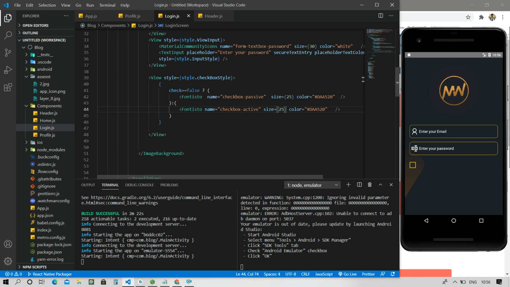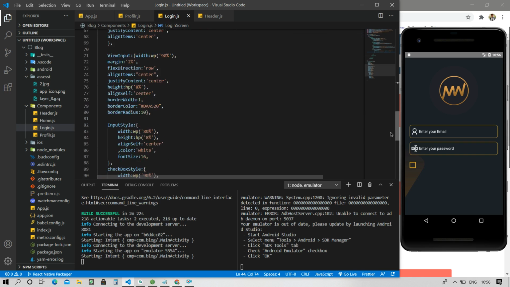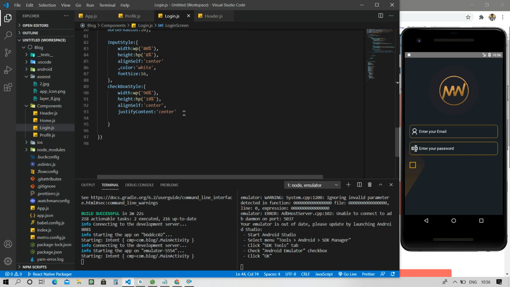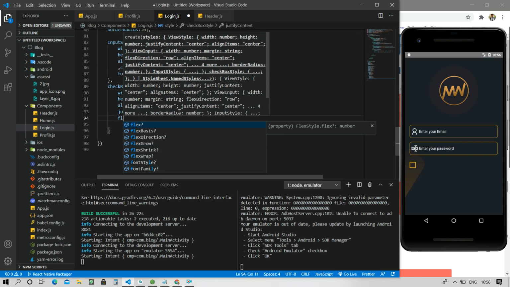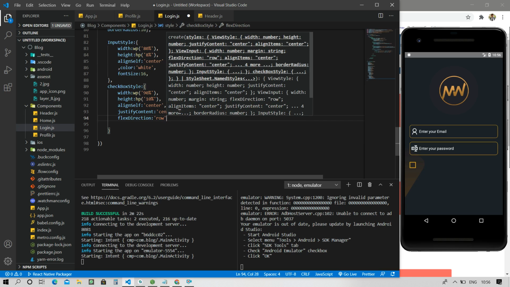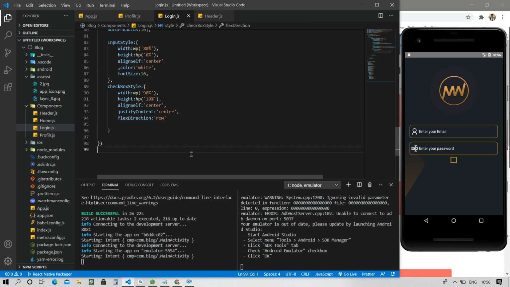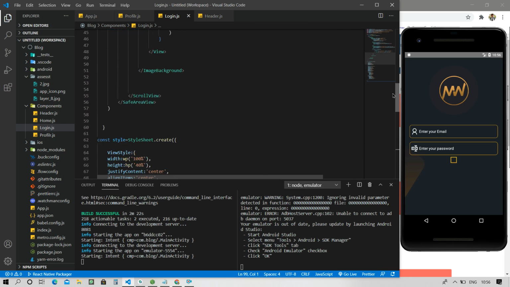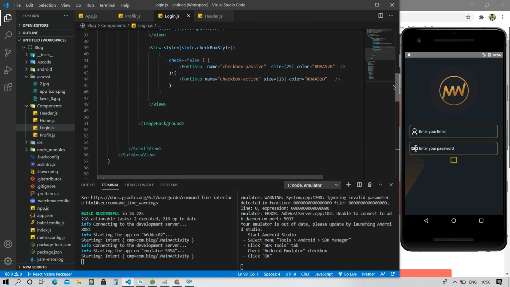So now what we have to do is give a property of flexDirection row. Control S. Okay, so here is an error for flexDirection. No, nothing error, it's not an error because it's aligning itself to center.